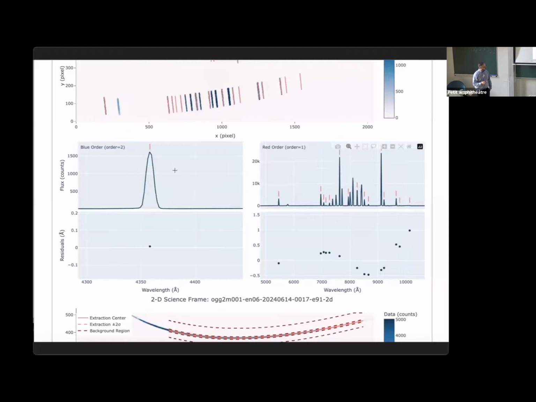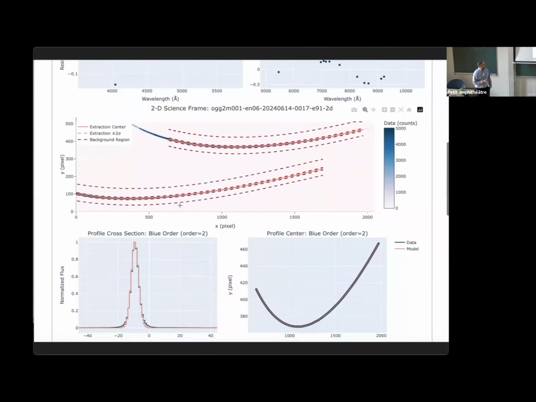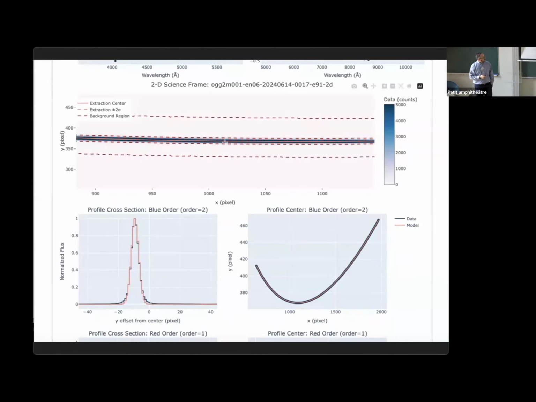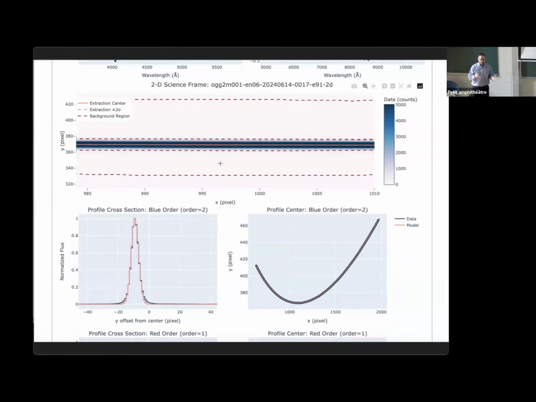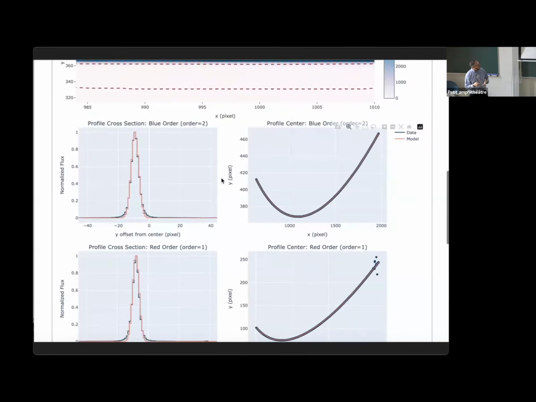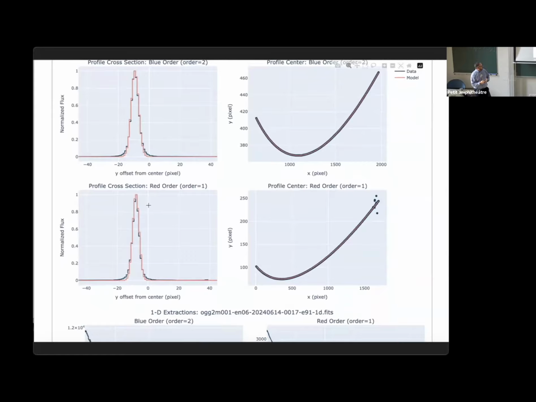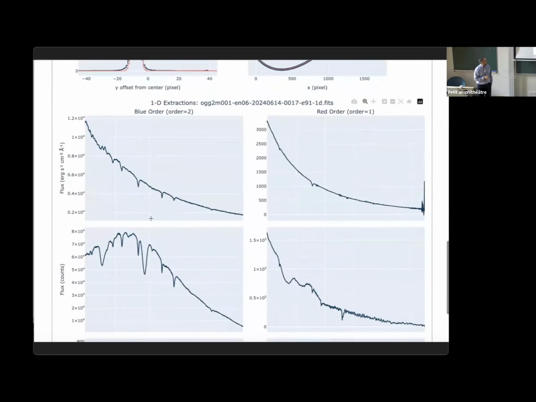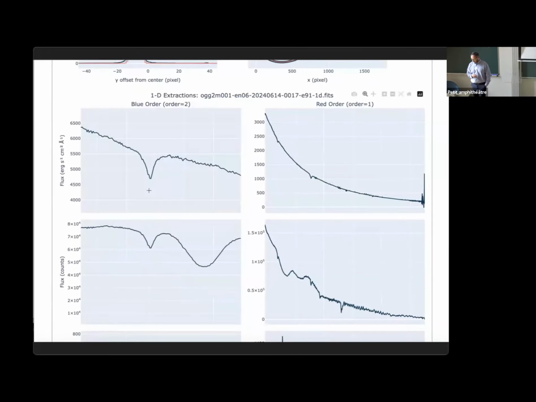But then we can look at things like the wavelength calibration. We can look at the extraction regions. We can look at how the profile's been fit. And then the thing we've been working on recently is that we're able to manually update these different regions so that you can choose different regions to extract. We have two orders, so it's a two order echelle. We have a red and a blue order, which is shown here in the profiles. And then finally, we've got the extracted spectra.